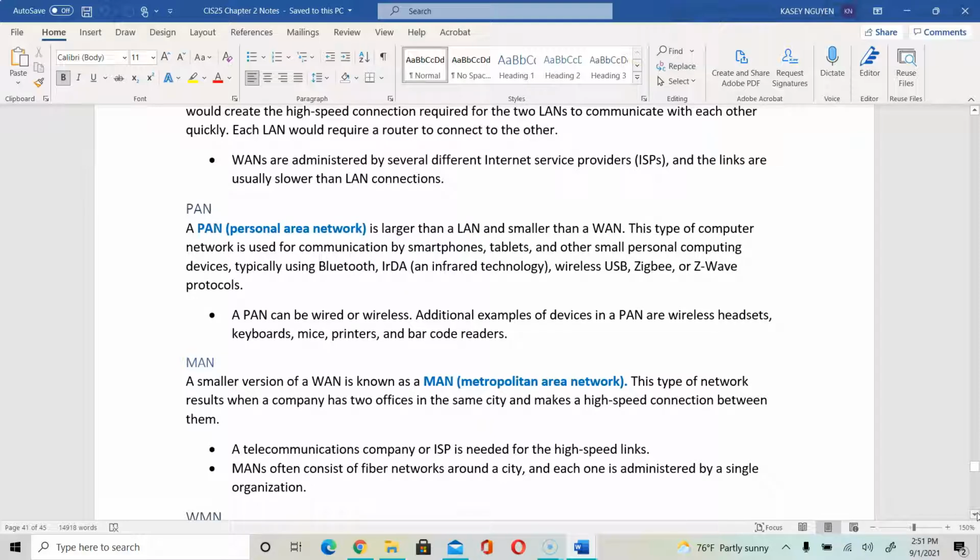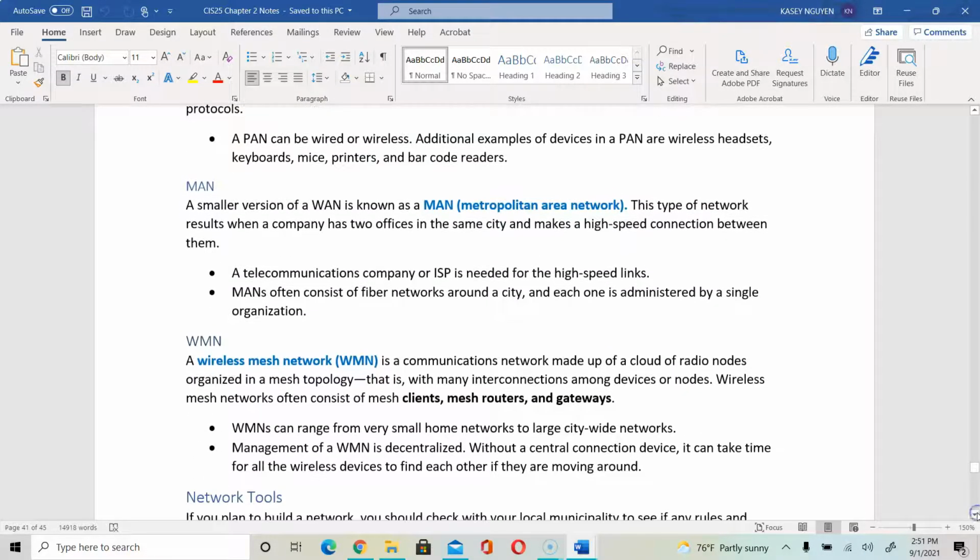You would see MAN in university and college campuses, along with civic centers, when you go from one area of the city to another, where they would be connecting. And WMN is your wireless mesh network, which is a group of routers that will be connected wirelessly or wired, and that can range from small home networks to citywide networks. Some cities, like City of Riverside, have a wireless mesh network to provide wireless access to residents and businesses,